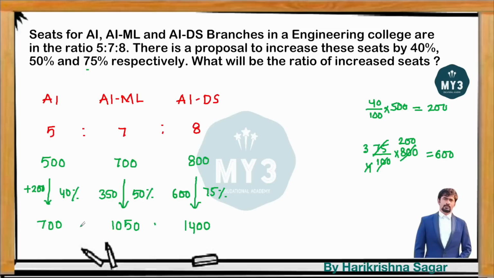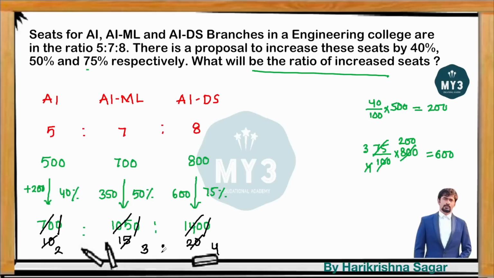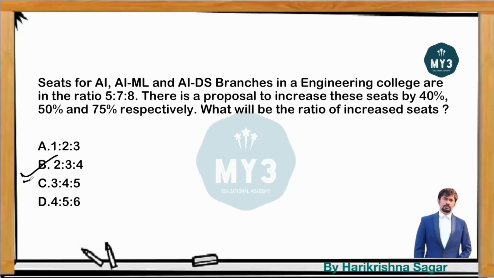And what is the question here? They are asking us to find out the ratio of the increased seats. So these are the increased seats. We just need to figure out what is the ratio of these numbers. So 0 is cancelled in all the numbers, and 7 tens are 70, and 7 ones are 7, 7 fives are 35, and 7 twos are 14, and 0. And all these numbers again going in 5 table, 5 twos are, 5 threes are, 5 fours are. That means that increased people ratio will be 2:3:4, which is available as option B. Mark it as answer choice.